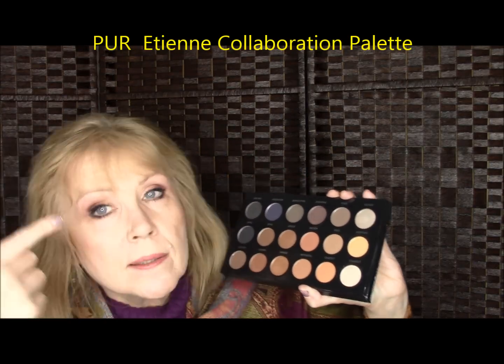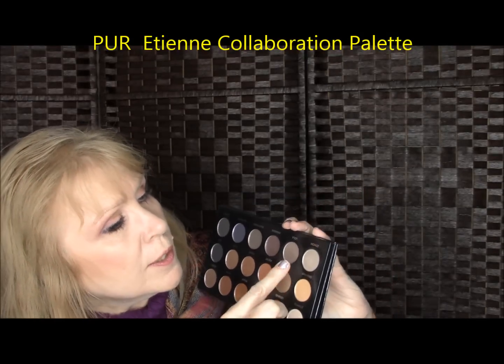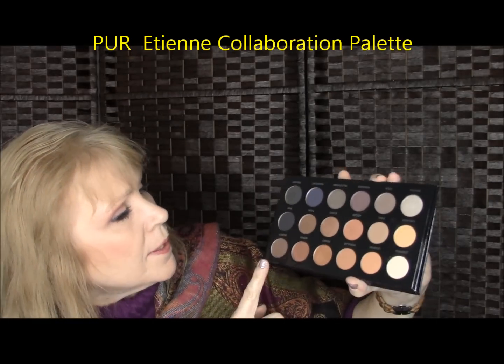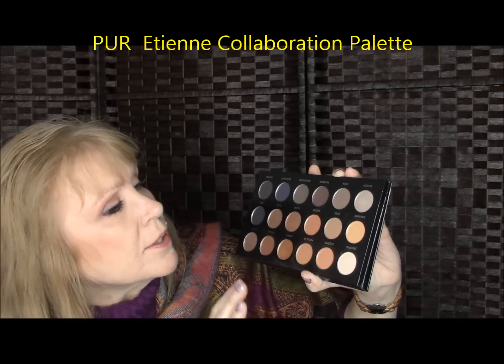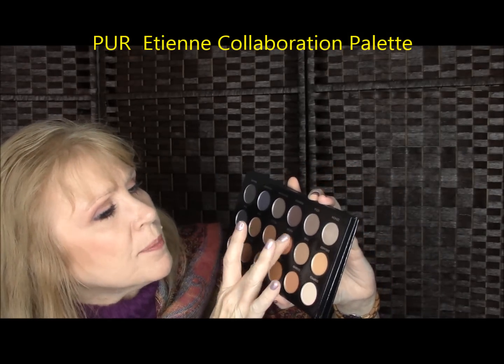You've got a matte all over shade. You've got a transition shade. You've got a neutral cool tone transition shade if you want that. Then you have a darker corner shade or a gray corner shade, very nice. You've got some shimmers here for a pop of color. You have some nice,